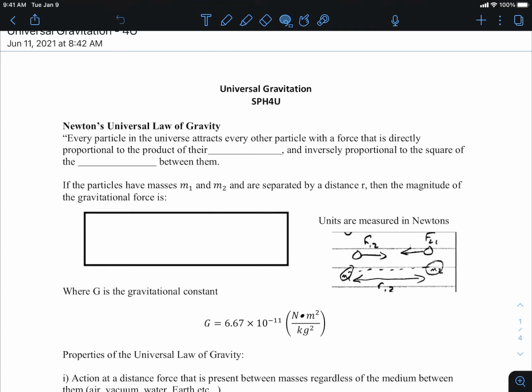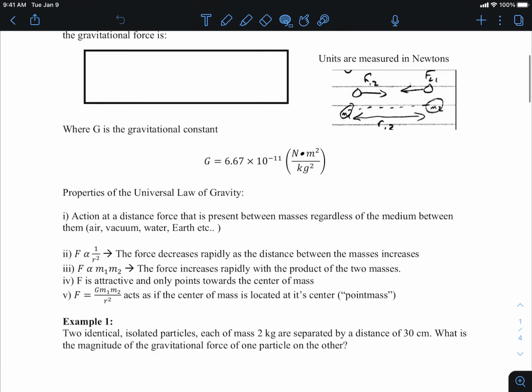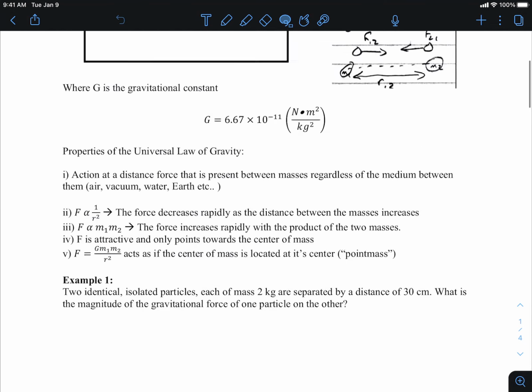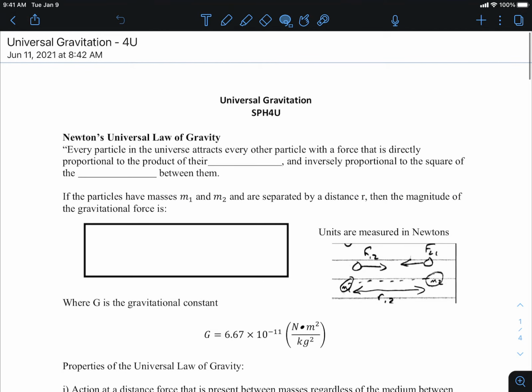So we'll develop the equation here, and then we'll apply it a couple times and talk about differences in how the equation affects answers, and then we'll apply it to circular motion, and that'll be it for today. Okay, so